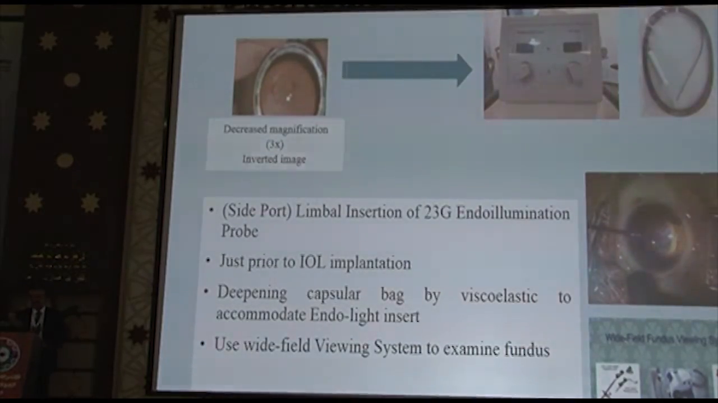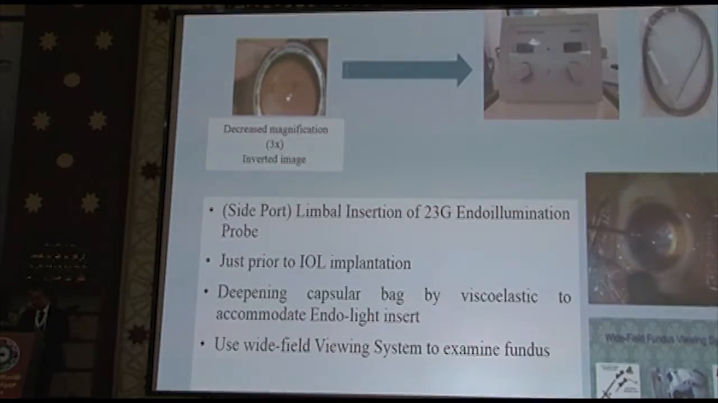So the best is to use the endolight. It costs you only the endoprobe, and you pop it through the side port of the cataract. You do not need any extra incision, just the side port at the limbus, and you do it just prior to the insertion of the implant. You have to expand the bag with more viscoelastic, so there is more room to accommodate the endoprobe without endangering the posterior capsule. And after this step, just with the view of the